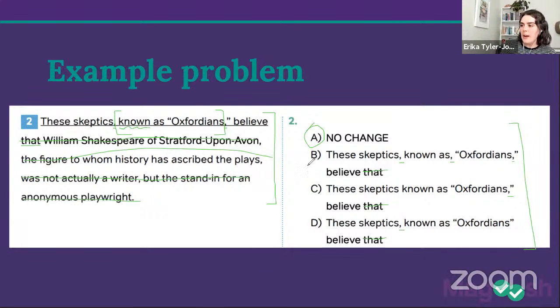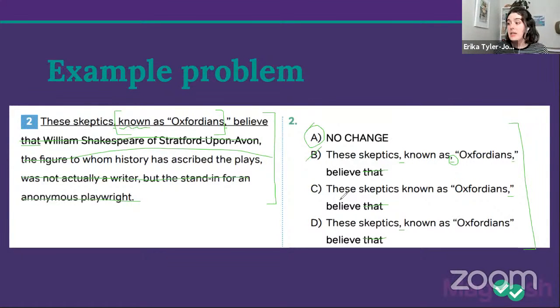So I'm going, okay, I like A. Let me look at these other answers. Okay, taking a look at B. B throws in a bonus comma. What is that doing? This is something we're going to learn in punctuation, but when we have punctuation, particularly commas, we need to justify it. Why is that comma there? And this comma is actively just distracting. It is making the sentence more unclear, known as Oxfordians. What? Known as Oxfordians is the modifier. It is describing the skeptics. So there's no reason for this extra comma. It just confuses us. What part is the modifier? Is it known as? Is it Oxfordians? Are they two different things? No. One thought, one modifier.